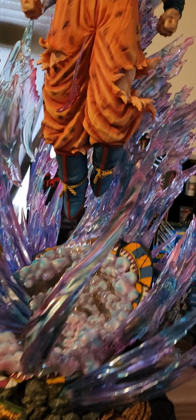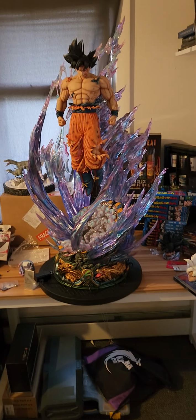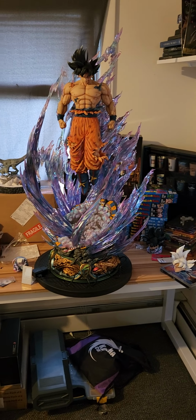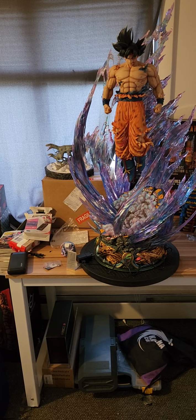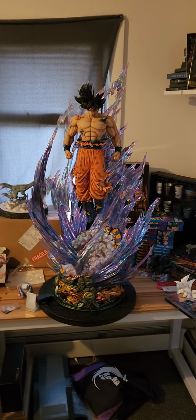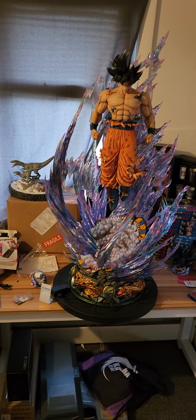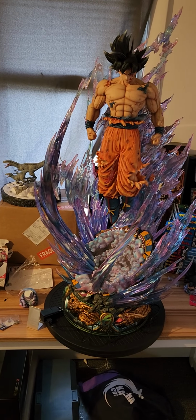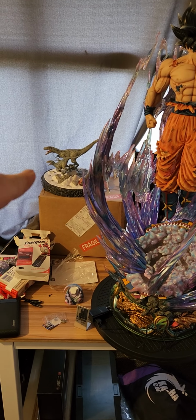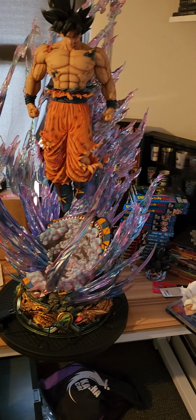I mean, this is massive. I'm going to try to show you the size-wise on my desk here. I mean, that's just massive. So, you know, very good. Very happy about it. Definitely a grail piece. I'll never get rid of this thing. Yeah, I just gotta find a nice place for it for now. If I move that box out of the way and Super Jurassic Park thing out of the way. But yeah,